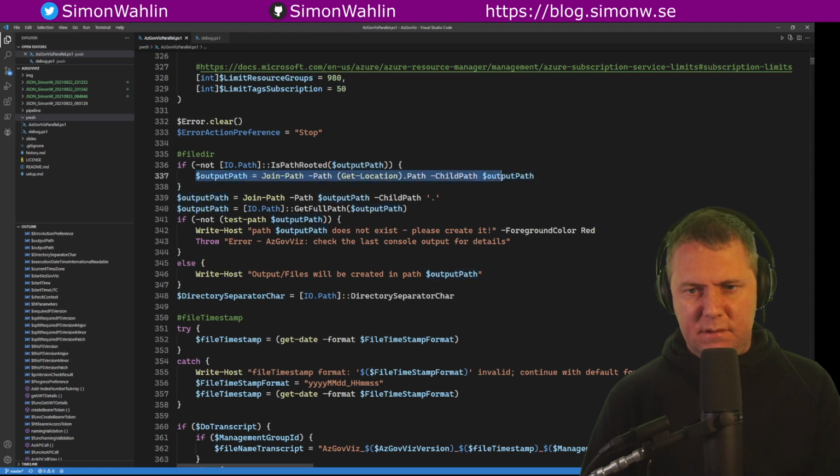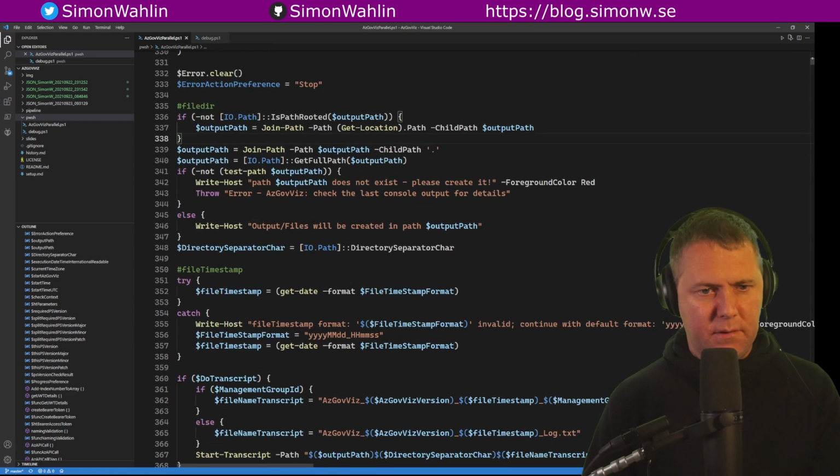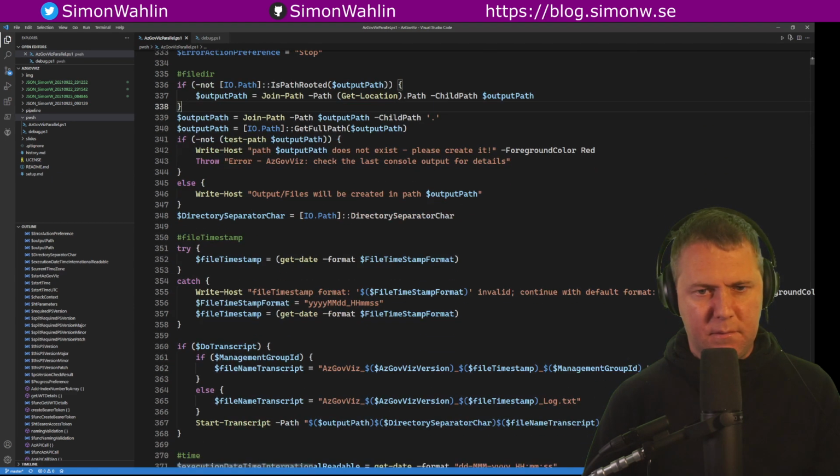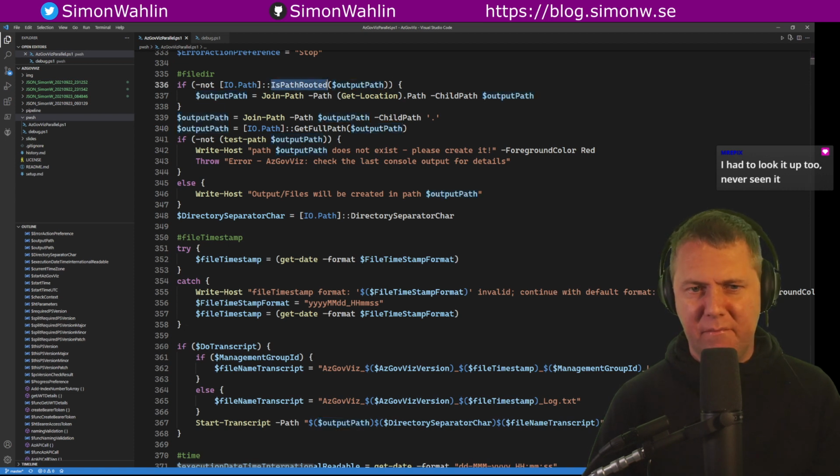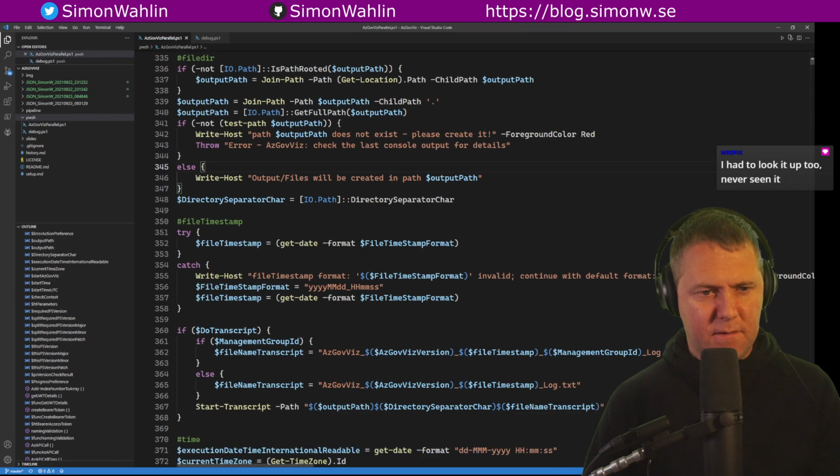So if it's not a full path, we're going to join it, then we're going to join it again, and then we're going to get the full path. This is the same as result path. I had to look it up too, never seen it. Yeah, that's interesting. All right, so